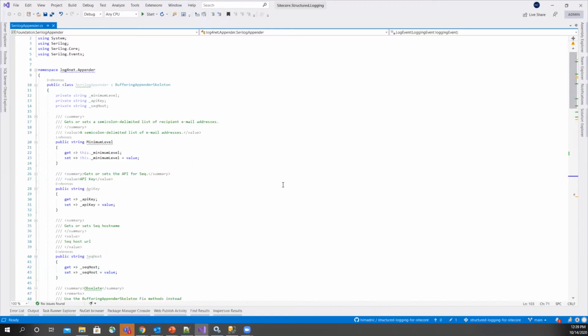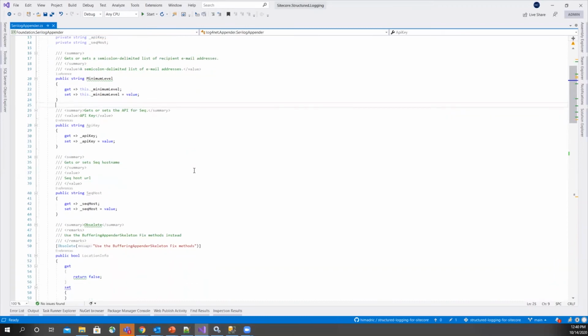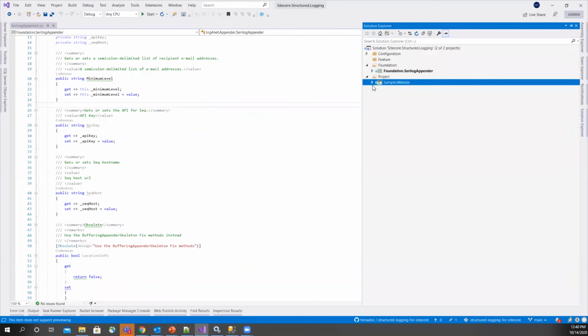concept. So what I did is create an appender, a Log4net appender, the same way Sitecore would create it. It's called the Serilog appender, and this appender takes some parameters from the configuration file. So if I look at the configuration file,